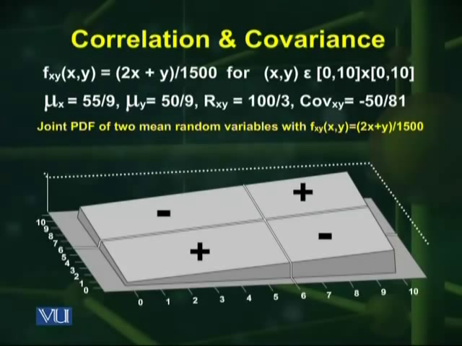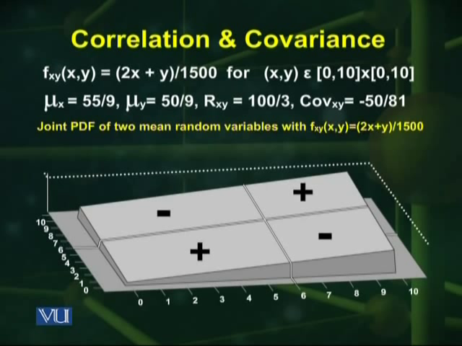The cut parallel to the y-axis passed through the point x equal to mu x, and the cut parallel to the x-axis passed through the point y equal to mu y. They meet at mu x, mu y,